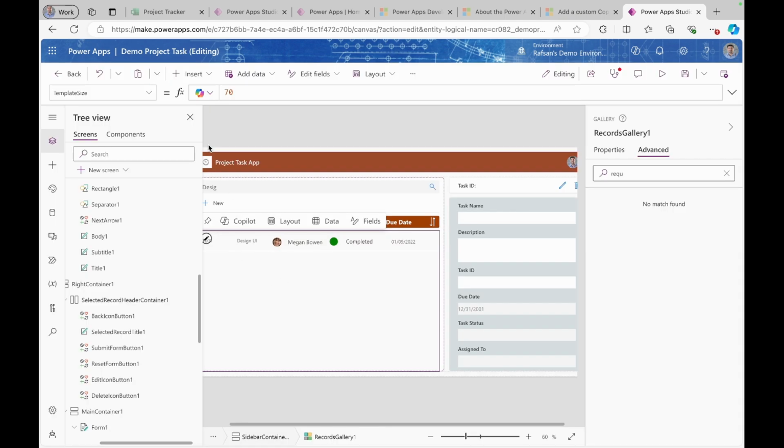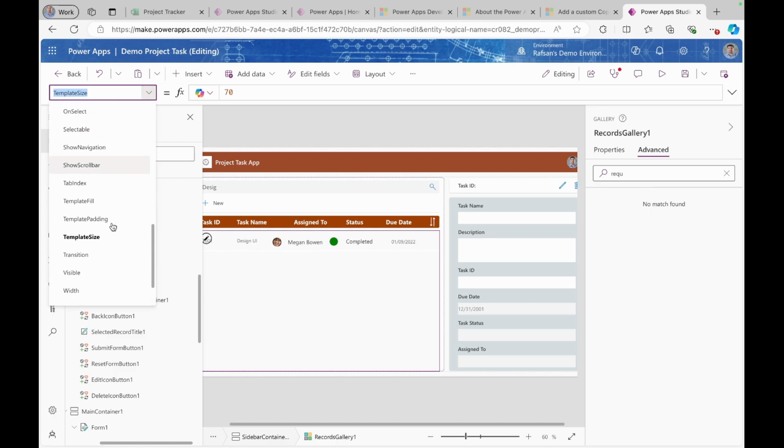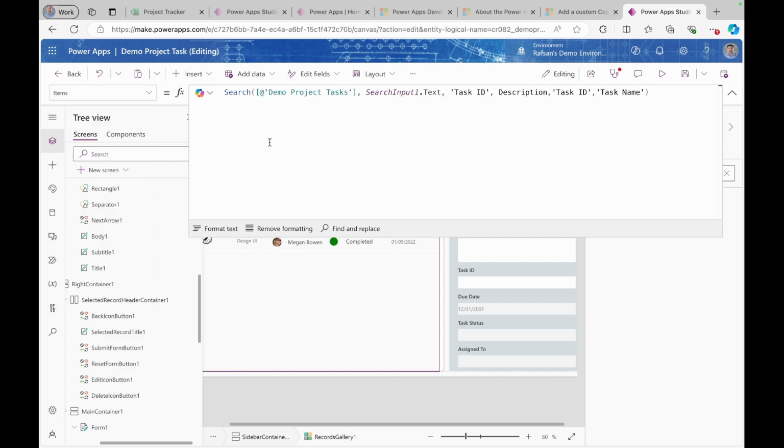If I click my gallery and if I go to items, right now it shows search our table based on whatever we put in the control, whether it's task ID or task name. So what I will do, actually, I will delete the description. We don't need description to search our task based on description. So this will only show task ID and task name based on the input we put in the text input,